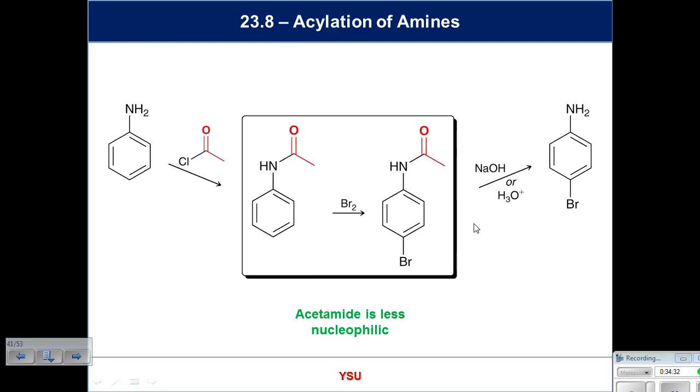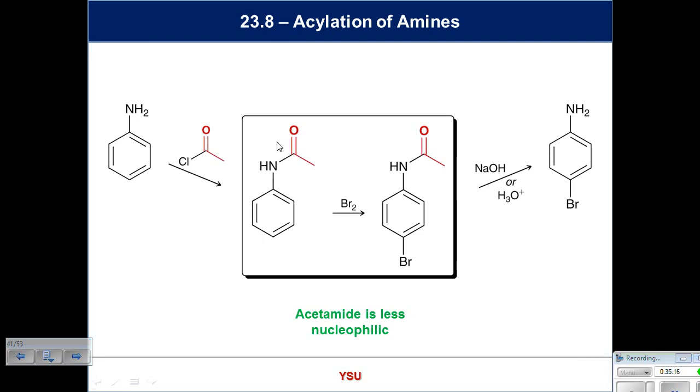Well, we can use this amide as a group to help tame the NH2 group. What's happening here? What is this group behaving as in effect? Blocking something, isn't it? It's kind of blocking something. So you could think of this as being a protecting group. And what you start out with is aniline. And the problem with this is that it's also reactive at the nitrogen. And you can get an acylation reaction where you make the amide. And so acetamide here is going to be more reactive or less reactive? Well, it says down there less nucleophilic. Why is it less nucleophilic than where we started? Exactly. Delocalization of the lone pair from the N into the carbonyl system really tames the reactivity of that benzene